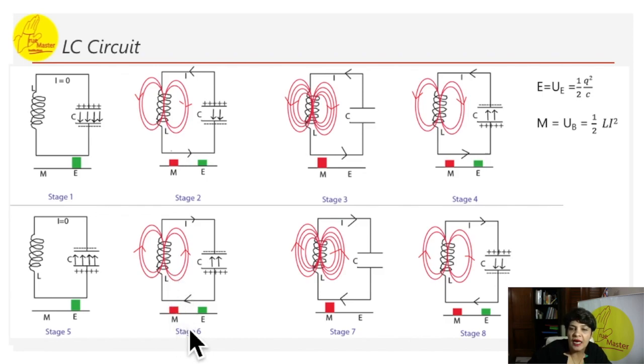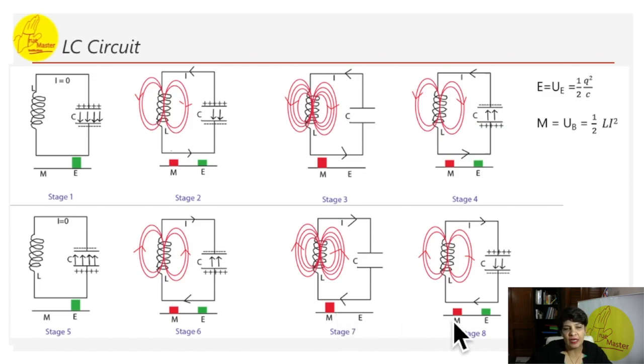So magnetic energy and electrical energy. You can see the bars now they are coming. Some of the energy is being transferred from the capacitor to the inductor. In stage 7, the capacitor gets fully discharged. Again, you see this is empty. There are no arrows here showing that it is fully discharged, and the potential difference across the plates becomes 0. What is the magnetic field formula? All of the energy is being stored in the inductor in the form of magnetic field. So here, this is the formula. How much energy is being stored? This is the complete bar being raised.